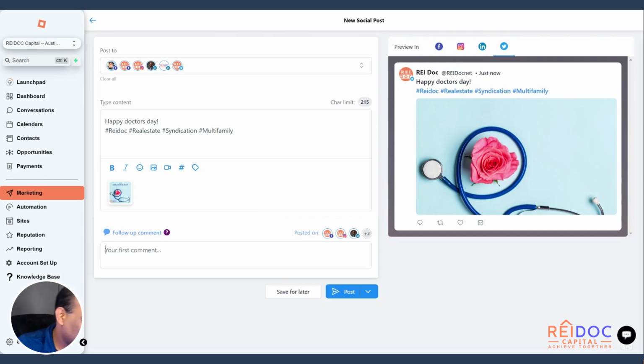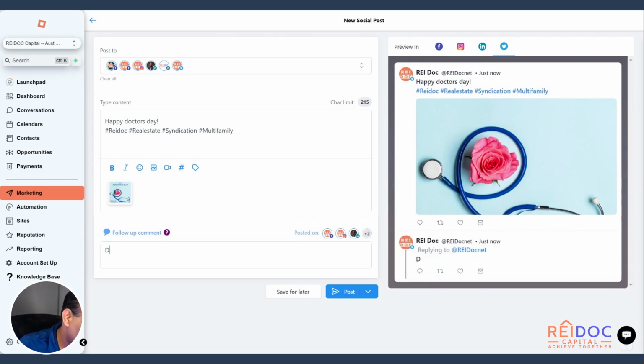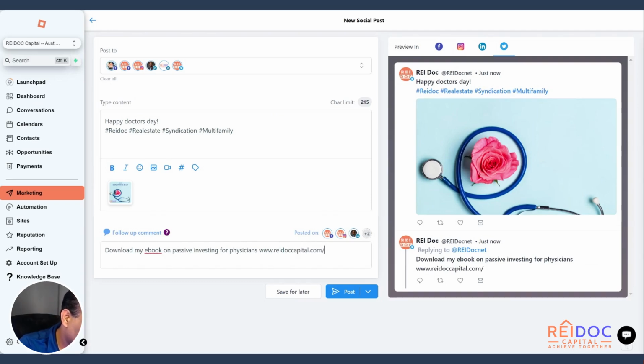Say I want to say, hey, download my ebook on passive investing for physicians, right? And then I can put a link in there. So whatever, www.redupcapital.com/ebook. So now if I post this, it not only puts the main post, but also it puts a comment